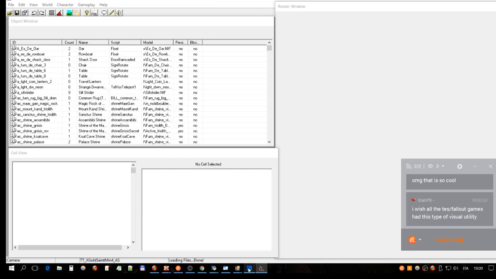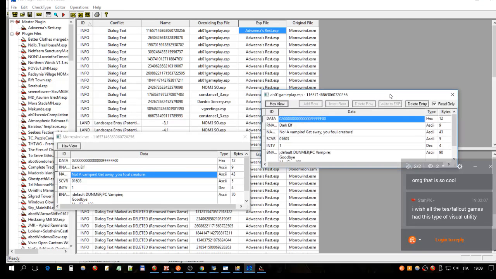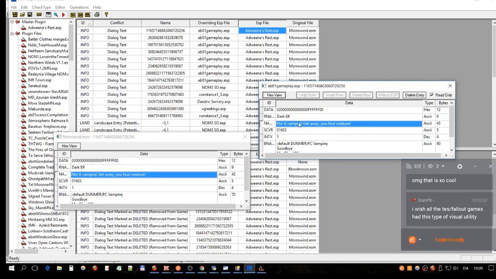So to find that line, first I can use two things. I can look for this text, for instance, or I can look in a more precise way for the code of the dialog line, which is this identifier, a very big number, which is hopefully unique for this dialog information line. This operation is sometimes tricky to do with this program, but usually if you click